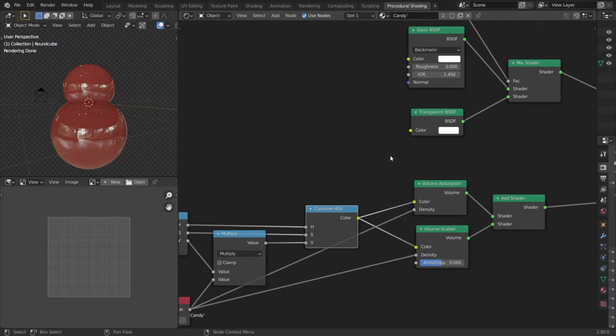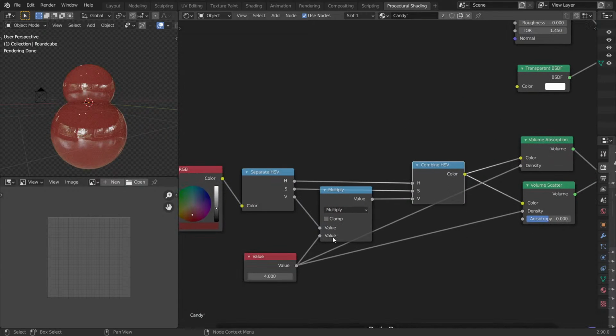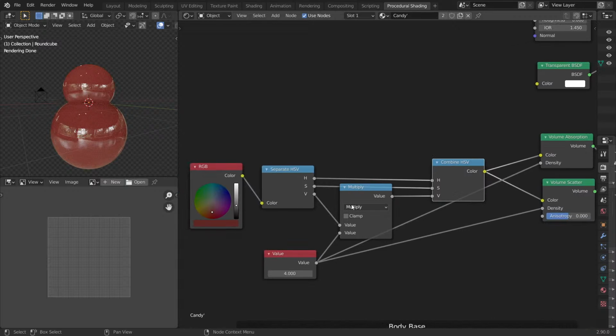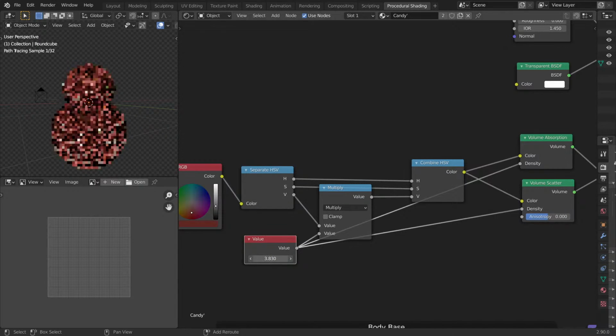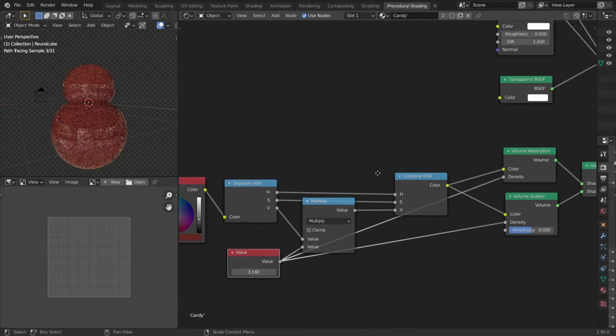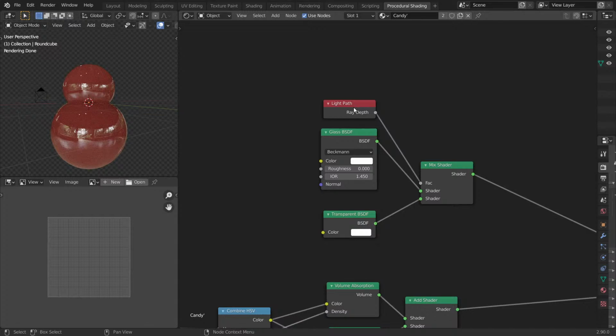I'm not really sure why it's not working. I think I'm using the same nodes he suggested to use. Yeah, probably. Let's lower this down. And is it ray length or ray depth? Let me know. Oh, 1.3, because